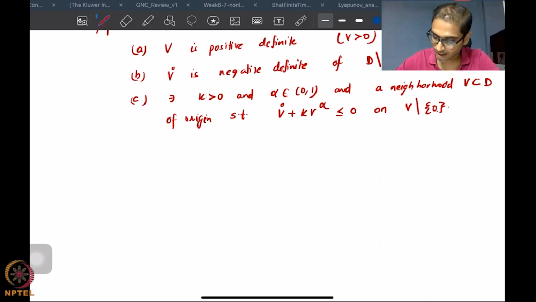Okay, if you have these properties, then